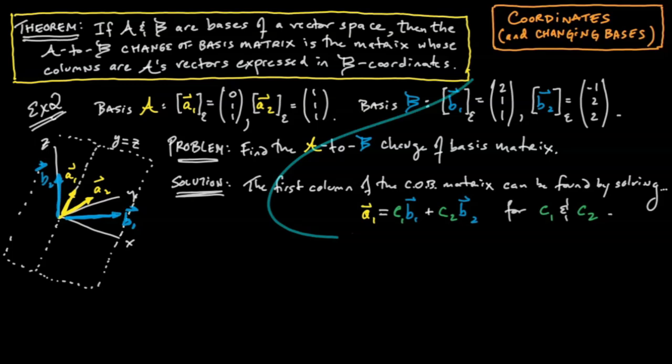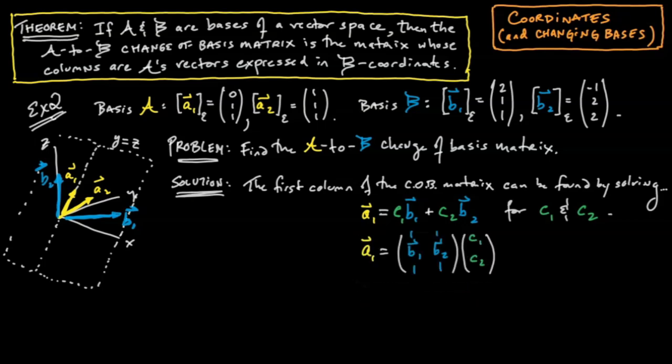It comes straight from our theorem. Now we have to actually find those scalars. Well, how are we going to do that? We can rewrite this equation in a form that will be easy to work with. Whenever we have a weighted sum of vectors, of course, we can rewrite that as matrix vector multiplication. So this equation becomes this new equation. Vector A1 is equal to the matrix whose columns are B1 and B2 times the vector whose entries are C1